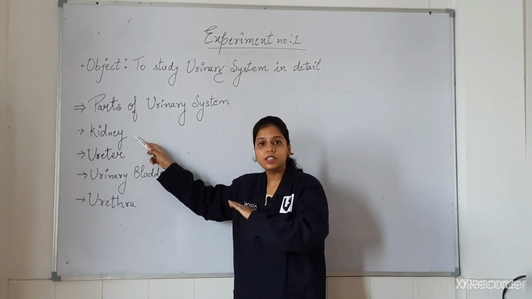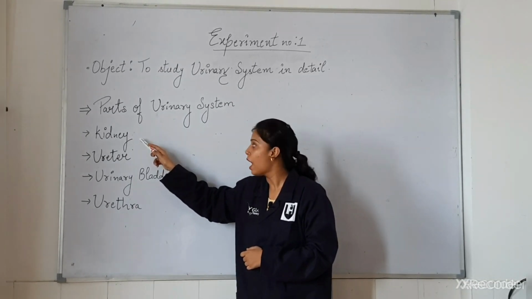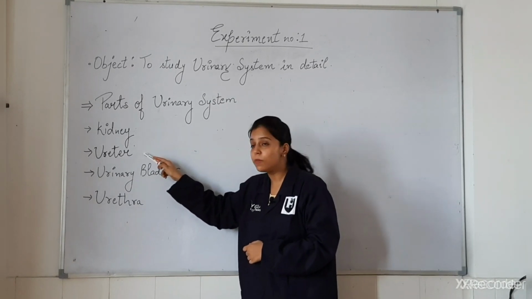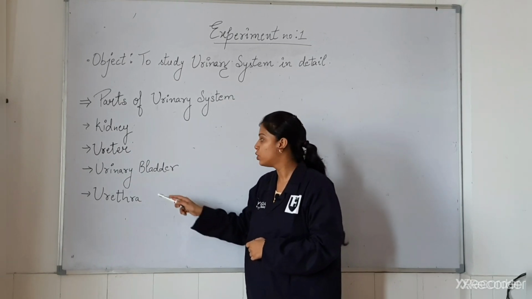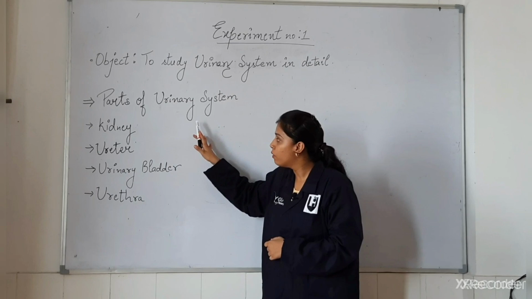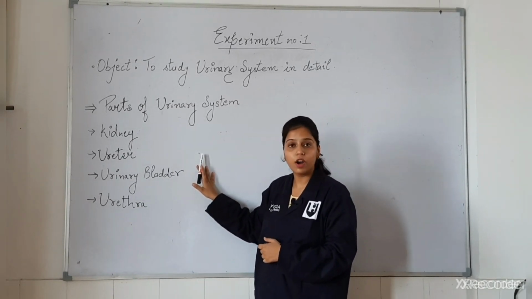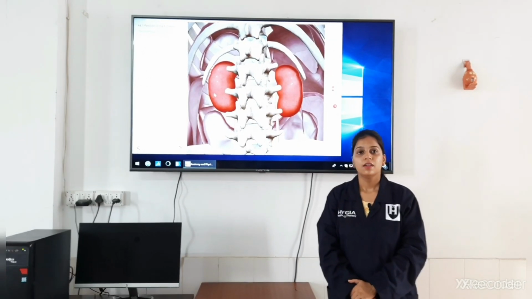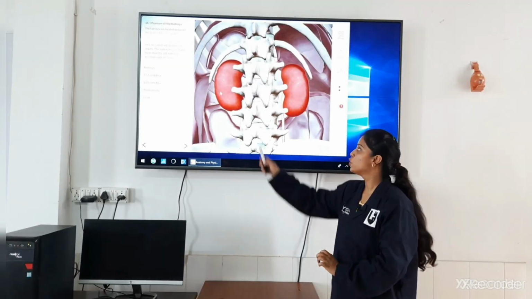Just giving an overview, the kidneys are responsible for the formation of urine, and from here urine moves through the ureters to the urinary bladder, and from the urinary bladder it moves out of our body through the urethra. We will learn about these structures, their anatomy and their function with the help of 3D software. So let's start, beginning with the first part of the urinary system, the two kidneys.